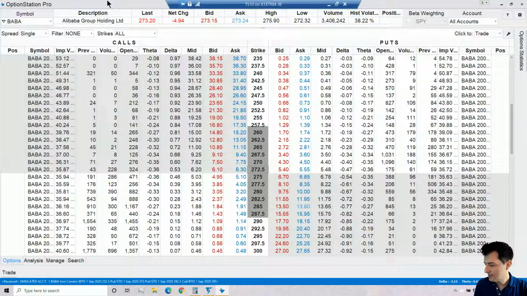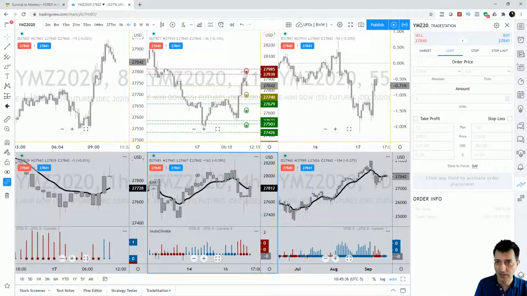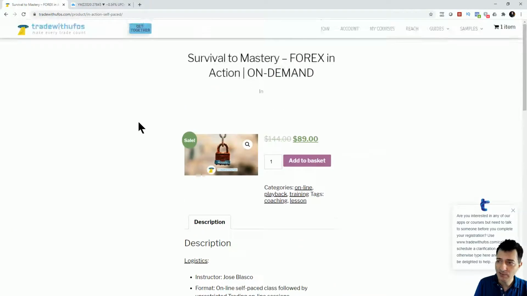Cool, very nice. 07, any forex trades? Well, let me show you something as well, because today is not a forex day. Today was an options day, but we do a lot of forex in the channel. So let me show you guys a little bit of the tools. Sometimes I get in trading mode and I just go for it, and that's it. Sometimes, to be honest, I should do a better job at showing you the various tools that you have available.